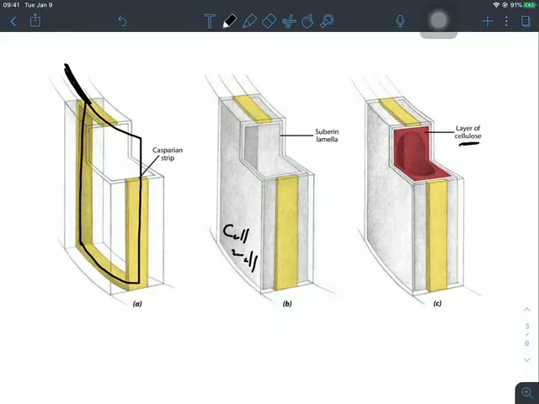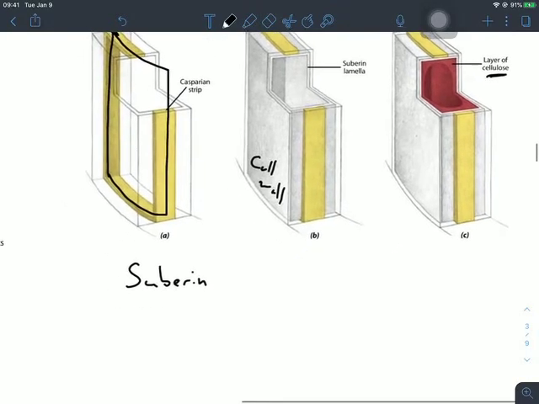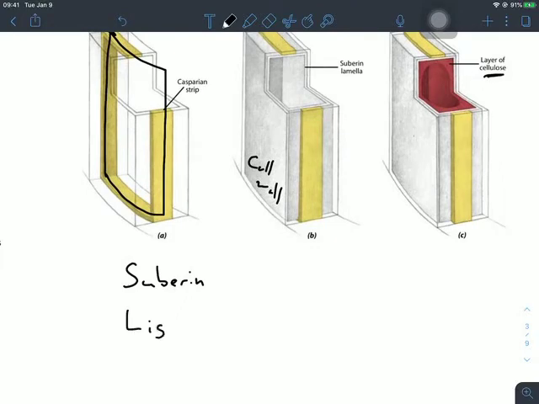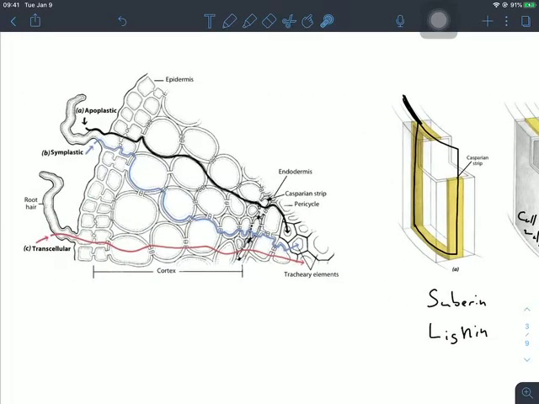Cellulose is still a large part of the cell wall, even in the Casparian strip, but we've got the addition of two major other molecules that help define the Casparian strip. The first is suberin, and the second is lignin. And we'll take a look at these in a second, but looking at our other image from the textbook,